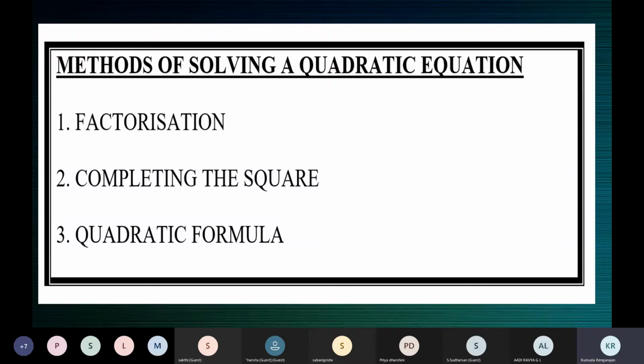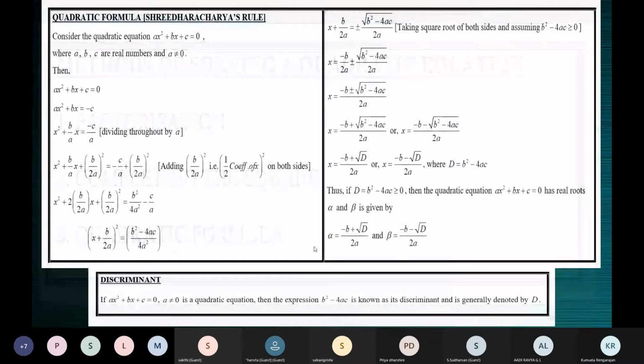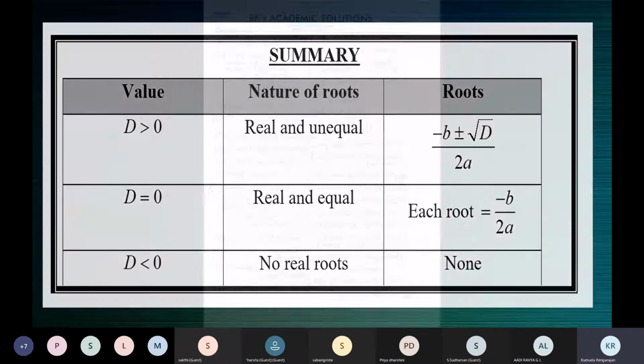Let me show you that. So the factorization, we'll just have a look again. Factorization by splitting the middle term, or by grouping 3 of the 4 terms and having one separately, and then later treating it as a difference of 2 squares. We also saw this method yesterday, completing the square. We are still to see the quadratic formula, solving a quadratic equation using the quadratic formula. Let's just have a look at what we did yesterday.